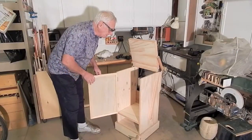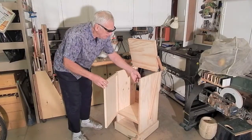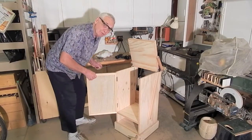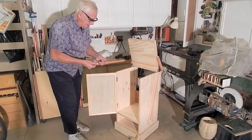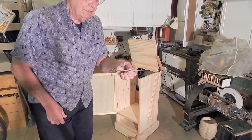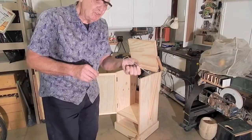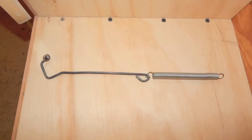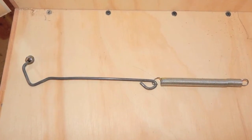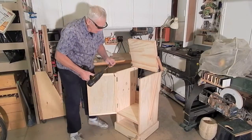Well, I've nearly completed the door on my stand. Added a little stop block, and I'm going to add a closing mechanism. I've bent the heavy wire into this question mark shape. And I'm going to install it